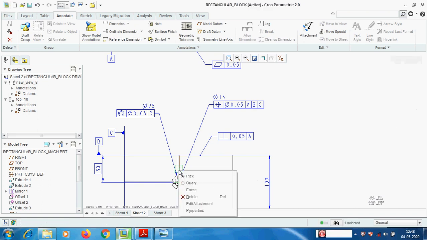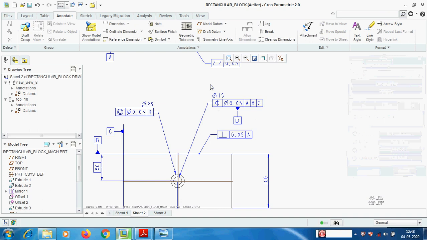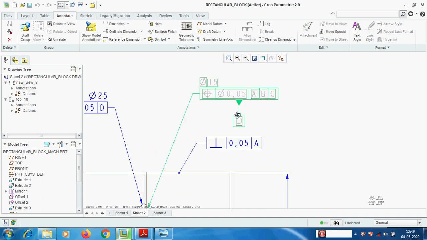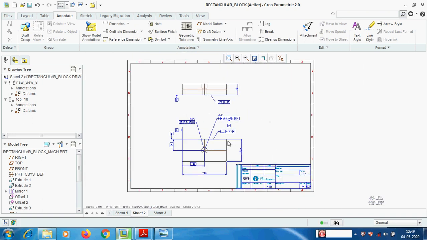Right pick, go to properties. Here in dimension is there. Just pick in dimension, pick the dimension. The D is for whole dia 15. We have created this D. By referring to D, we have created this concentric hole 25. Okay. In this way, we have to assign all geometric dimensions.